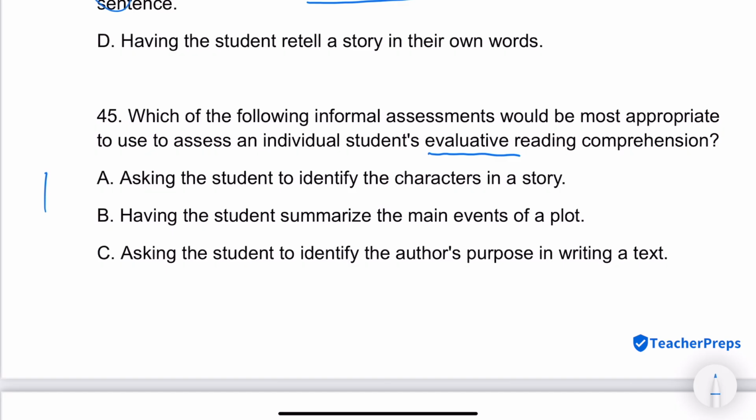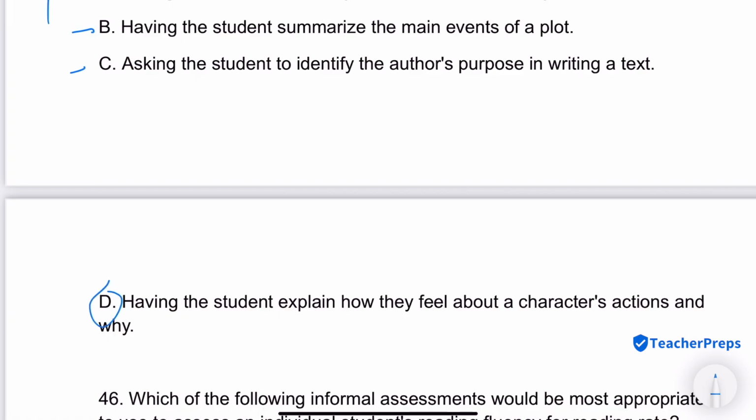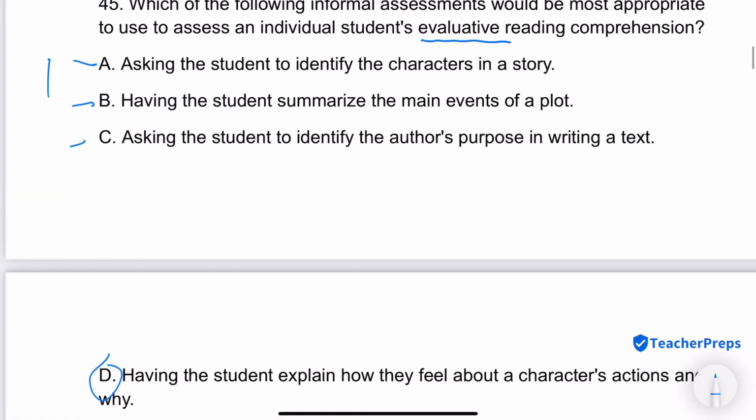So when I read answer options, for example, A and also B, this looks like literal comprehension, and C is inferential, which is asking the student to infer, and it's really option D, having the student explain how they feel about a character's action. That is